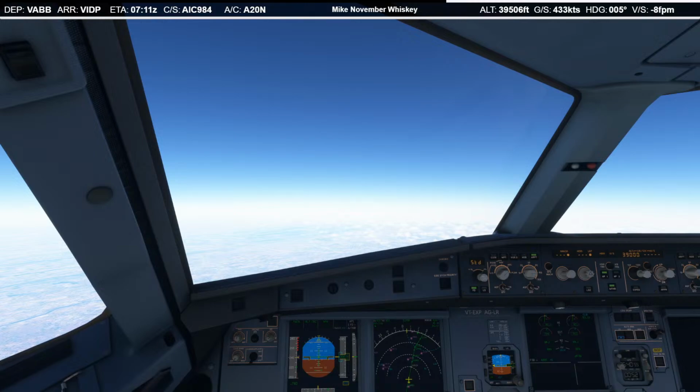Make sure I've done everything I need to do in the descent prep. So check the weather, confirm landing performance, autobrake is required. We're going to do flaps full landing, set the flight plan, rad navs, performance.